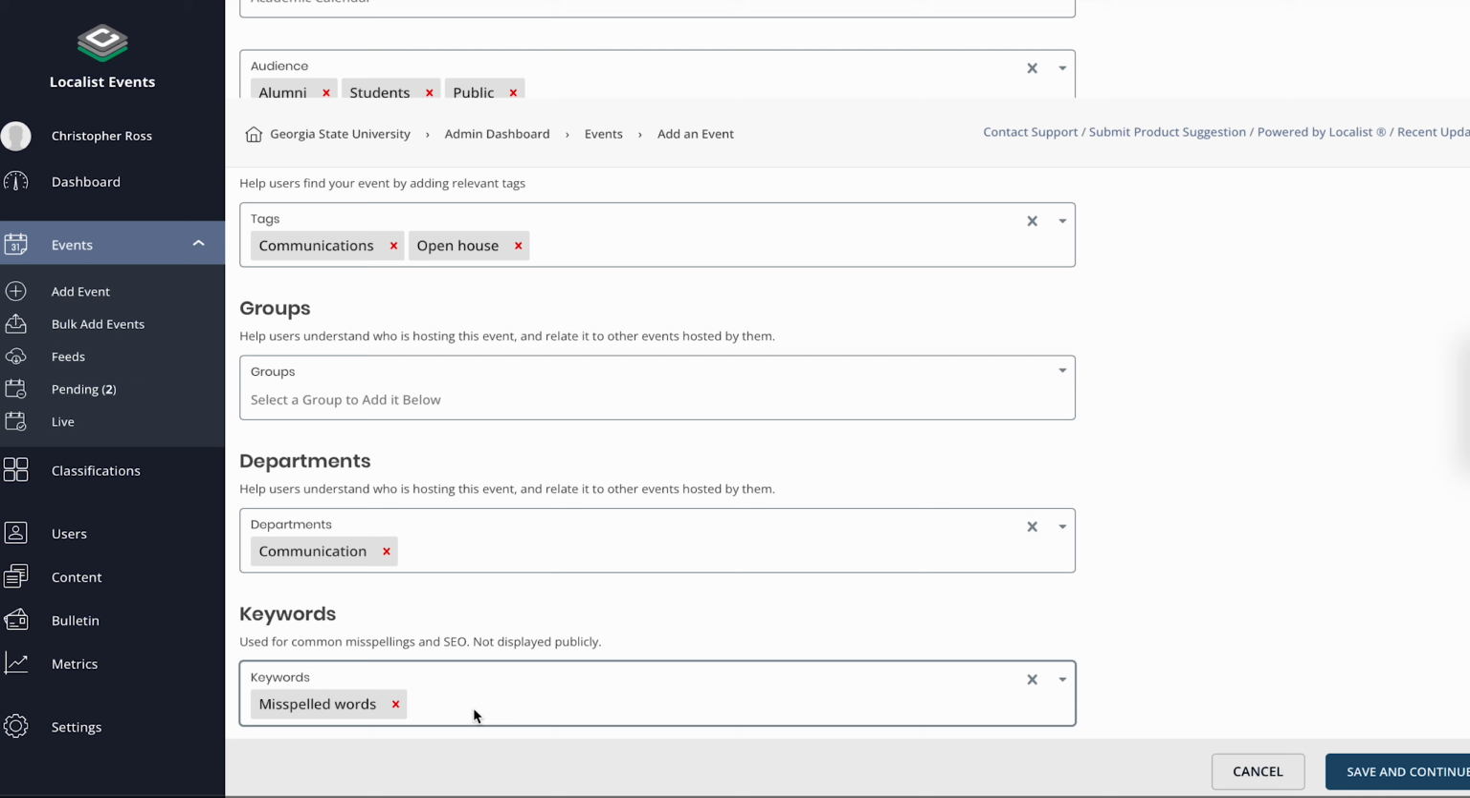Once again, make sure that you hit enter after every keyword and tag entered to make sure Localist saves each one. Keywords and tags can be used in the creation of a channel or widget, which are the mini calendars that you can create to display on your group's website. You can, for example, create a calendar for your college or school and then narrow its focus down even further with, say, a tag for open house